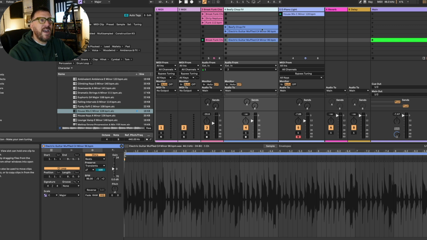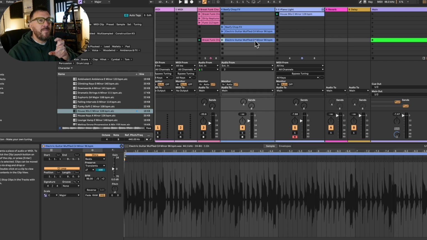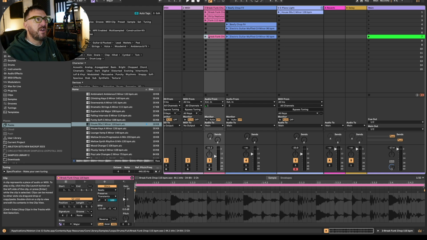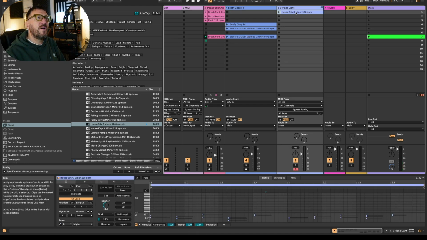So let's look at editing not only MIDI, but audio, just so we can make these samples fit together. The drums are not particularly in pitch as such, they're just kind of percussion. There are times where you might have a pitched kick drum and things like that, but for now we were just going to say this isn't in a key, it's drums. So that can stay as it is. Now this MIDI here,